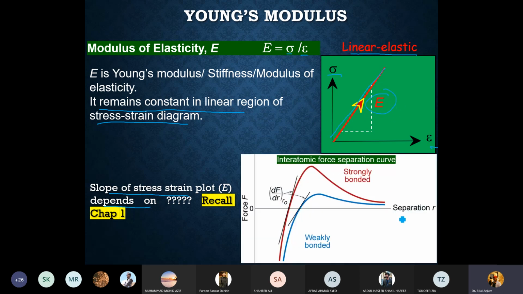Now, if you remember the interatomic separation and the force curve in the first chapter, the point where the bonds were formed, the slope of the curve at that point would basically define your Young's modulus. So a higher Young's modulus as compared to weakly bonded material having a relatively shallow slope for a force separation curve at the point of